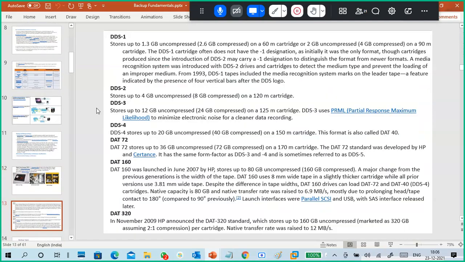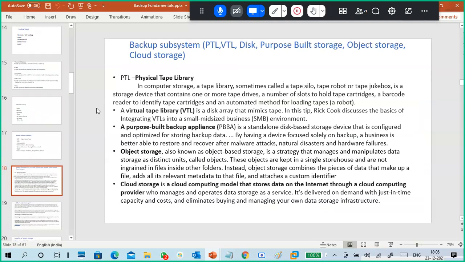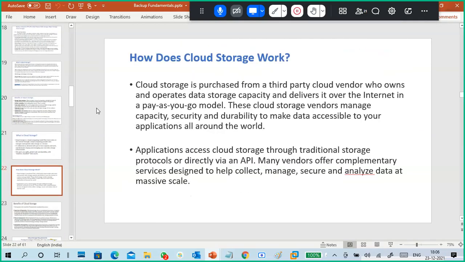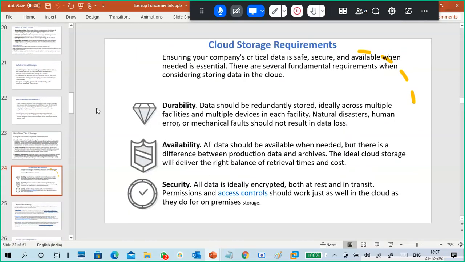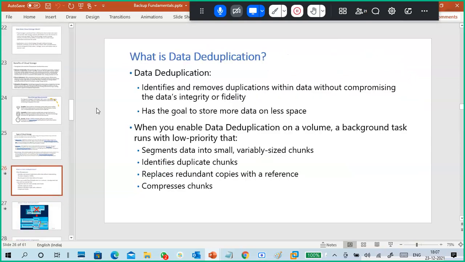When you store data, it occupies space. Even after removing physical duplicates, a lot of space is still occupied. That becomes a big challenge for organizations storing data, so they use data deduplication.